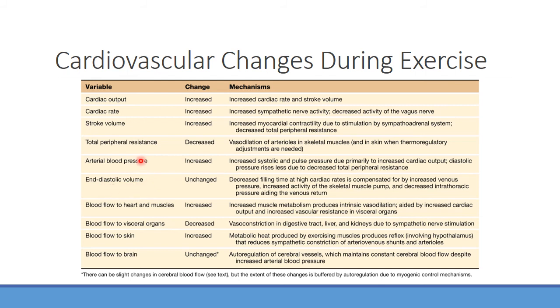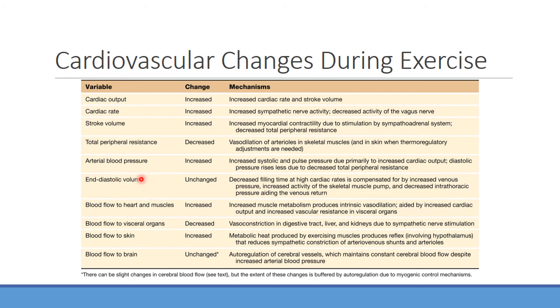So we said our arterial pressure is going to be increased, so total peripheral resistance to some areas is going to be decreased, but arterial pressure, so the pressure that the heart's pumping against, is going to be increased here. But how come end-diastolic volume does not change? So we have better venous return coming in, right? So our end-diastolic volume is going to